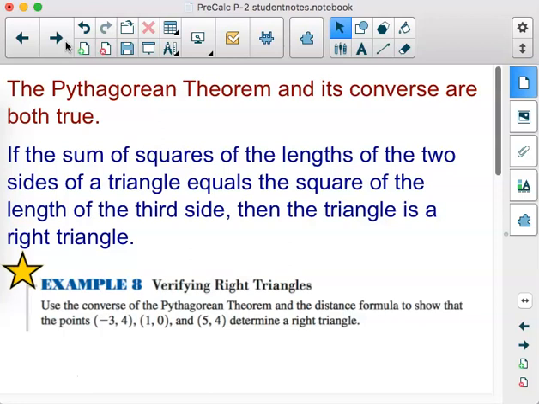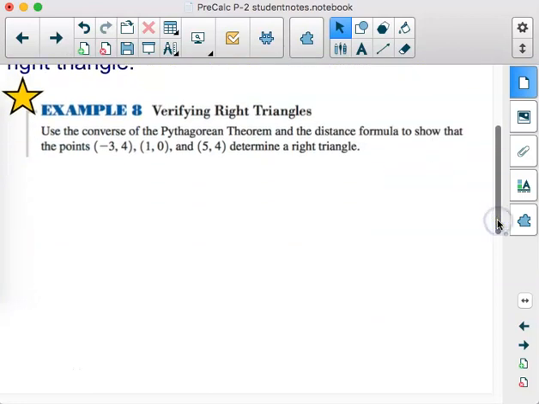So if we can find the lengths of the sides, it's pretty easy to do a little algebraic proof and show, hey, this is a right triangle, because we're going to put it into a squared plus b squared equals c squared to make sure it works. All right, example 8 says, verifying a right triangle. Use the converse of the Pythagorean theorem and the distance formula to show that those points